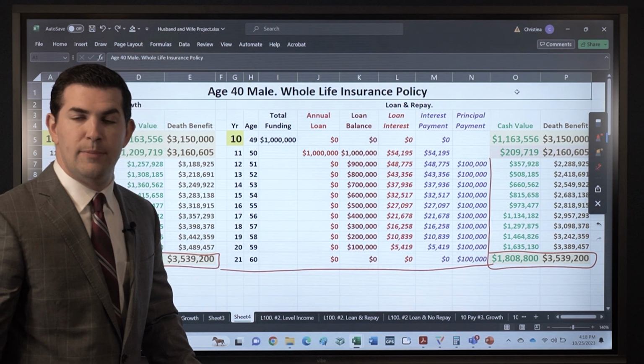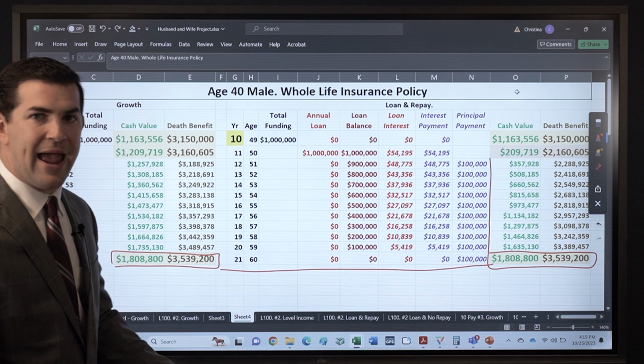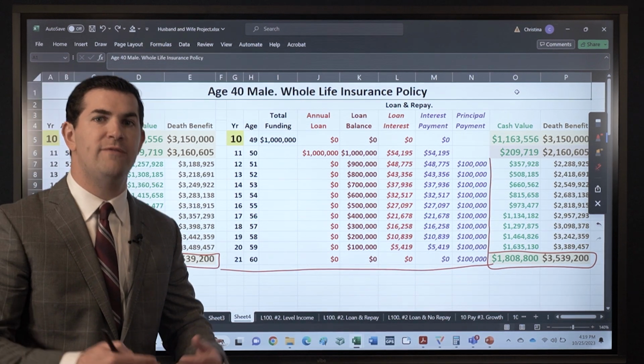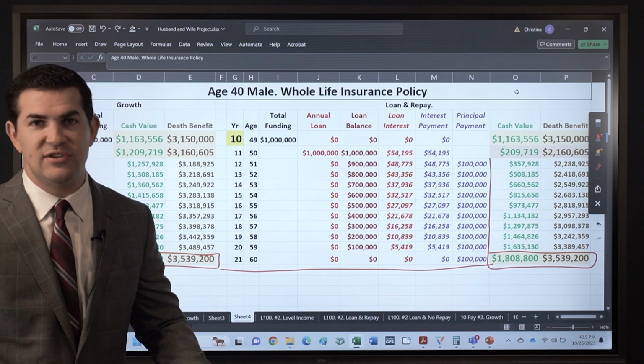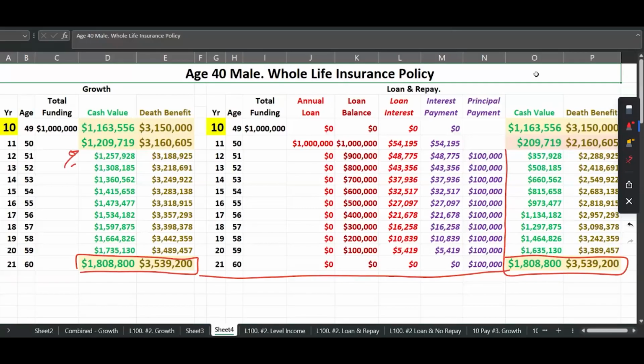This is where people view a policy as their own bank or as their own financing tool. A lot of people express it's like a personal line of credit. It's all the same thing. The cash value continues to compound over time, gets bigger and bigger, and I know that I can borrow against that cash value while my value continues to compound.